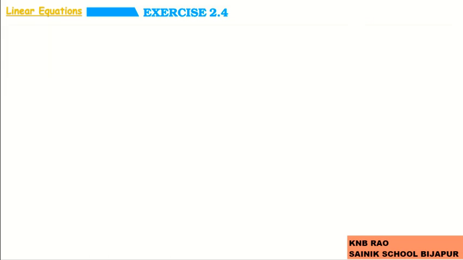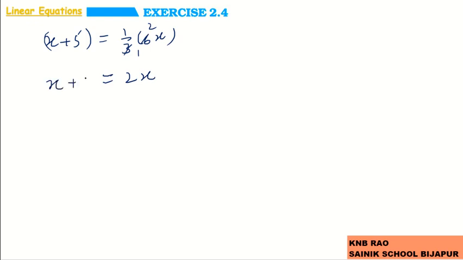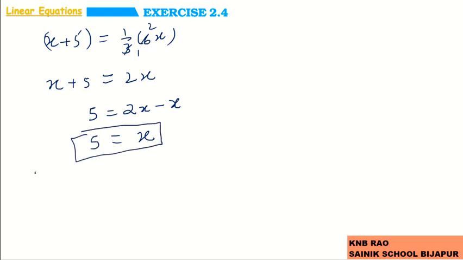Now continuing, x plus 5 equals 1/3 of 6x. This 3 cancels with this 6, so 2x. x plus 5 equals 2x. And this variable term, if I send that side, 5 equals 2x minus x, because it is getting added here, there it will be subtracted. So 2x minus x is x, x equals 5, which means therefore the present age